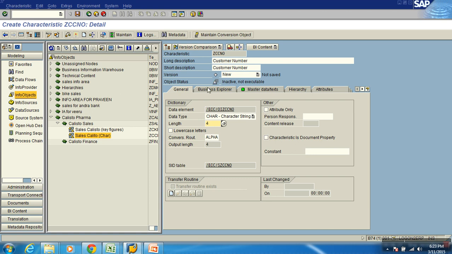Then the checkbox here. Do you want this characteristic to hold lowercase letters? If yes, it allows caps as well as lowercase. If you don't enable this and try inserting lowercase letters, it fails saying no SID found for it, or cannot insert value into this object because you have not allowed lowercase, so it doesn't accept.